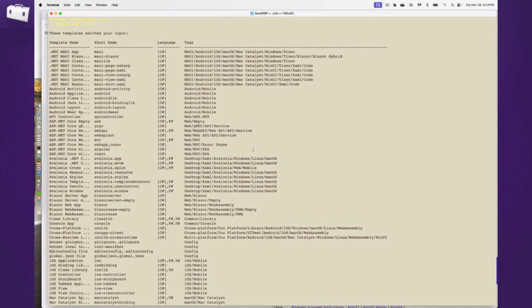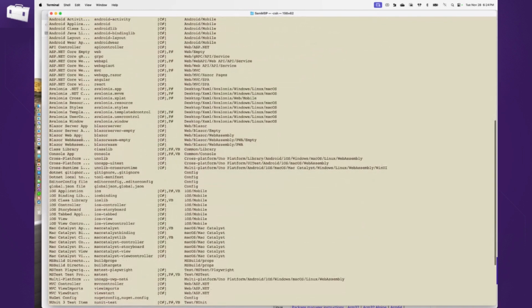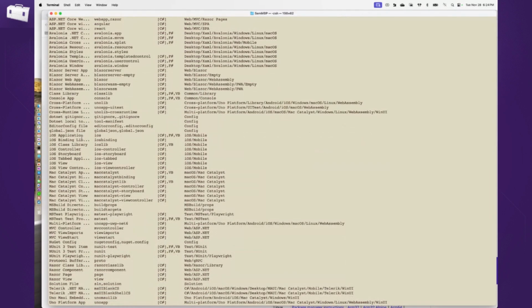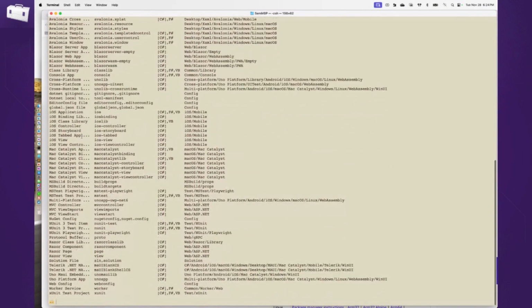These are the same exact templates that you see. So you can do everything from cross-platform apps, iOS apps, Android apps, all types of ASP.NET apps, different types of desktop apps, Blazor, web apps. So, Mac Catalyst for Mac desktop, and then you get into some of the testing solutions and other things with .NET. So it's just a lot.